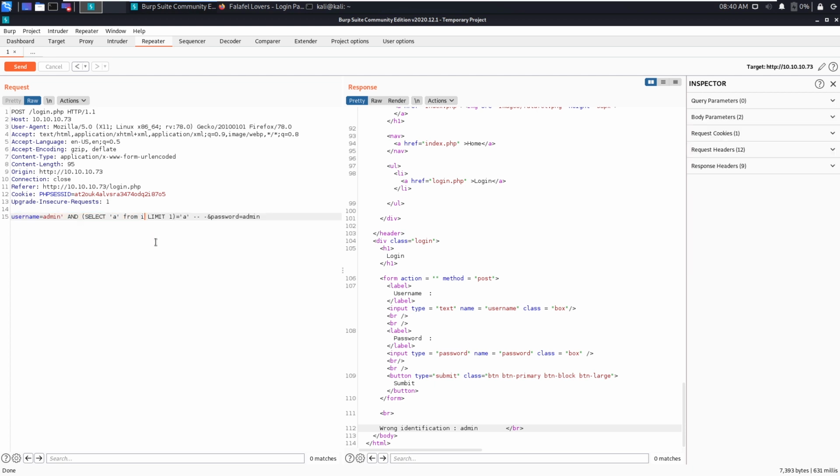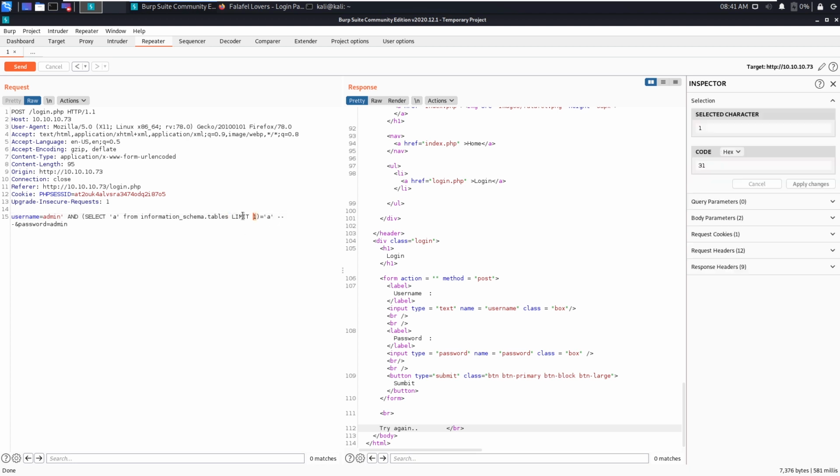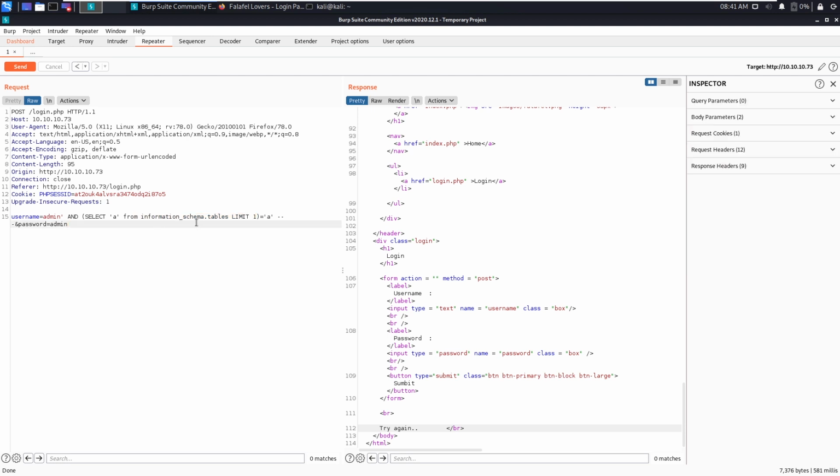Let's try v$version. Okay, this is not Oracle, we got the error because there is no table v$version. So information_schema.tables limit 1 equals a. Okay, we came to know that it is a MySQL type database.